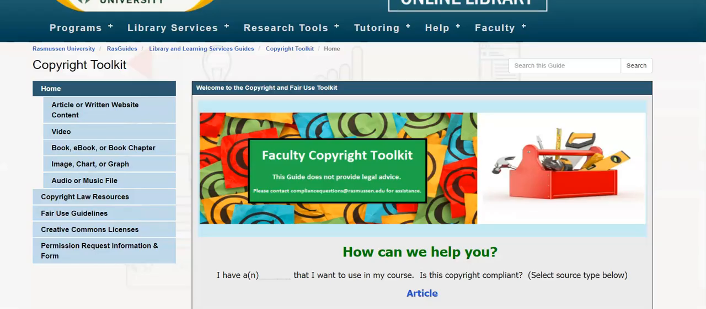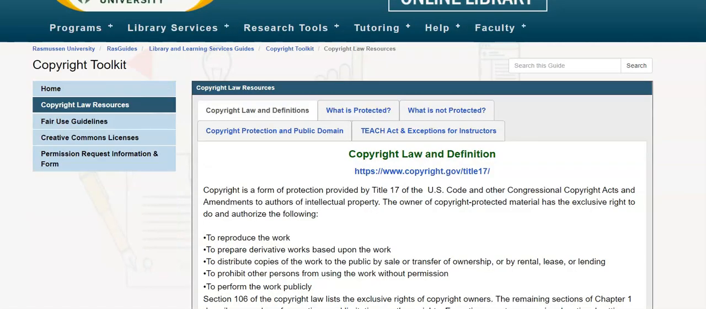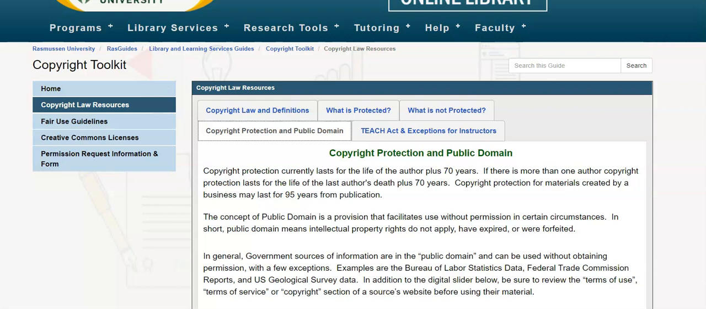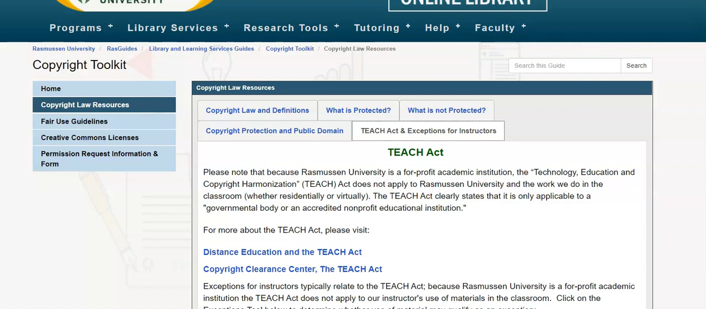Other topics in the guide include information about copyright law. This page includes links to Title 17 of the U.S. Code, brief descriptions of what is protected and not protected by copyright law, as well as information to help determine if a resource is in the public domain and to identify exceptions allowed for public non-commercial use under the Teach